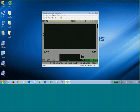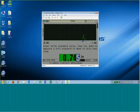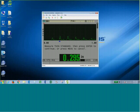So you can see here, still reading 750, it's reading 300, but then it's reading double thickness. So see what happens when I calibrate. So if I press cal-vel, couple on to my thick, adjust that to 750, press cal 0, couple onto my thin, press enter,